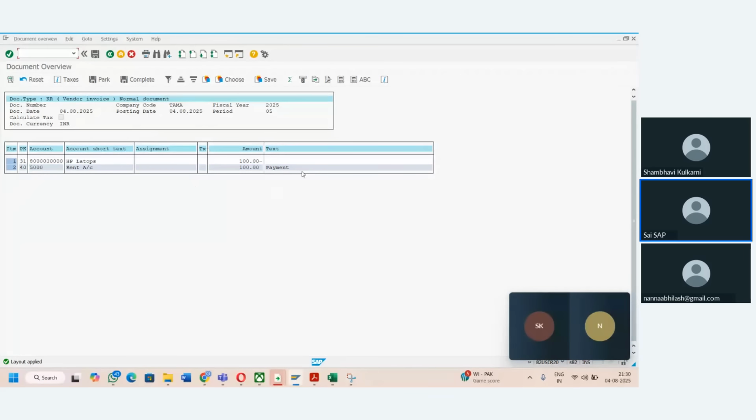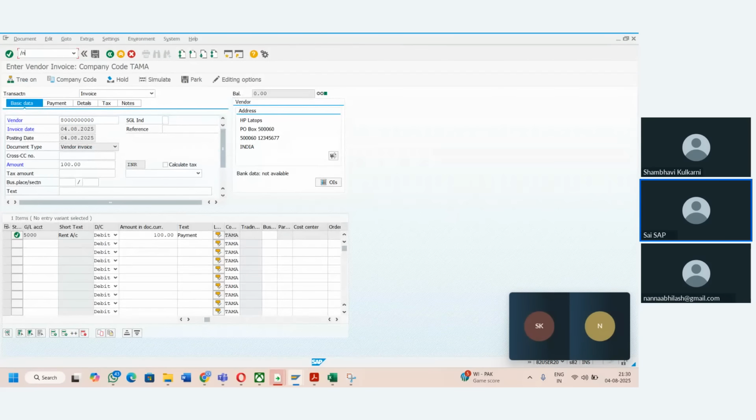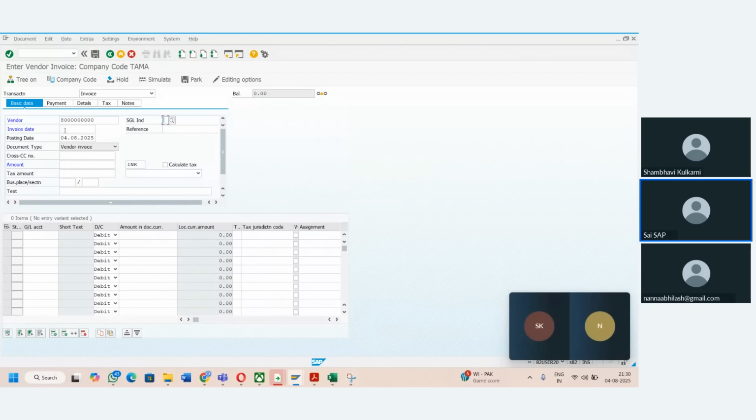So earlier, before activation, I was getting the text as payment, as per the text which I entered in the FB60, right? So I will go back to this transaction once again. Now I will enter FB60. I will take this 8,048. Amount would be 100, somewhat like that. For this GL, I made the settings 100. In the text field also, I want to enter payment, right? So if I click on simulate,